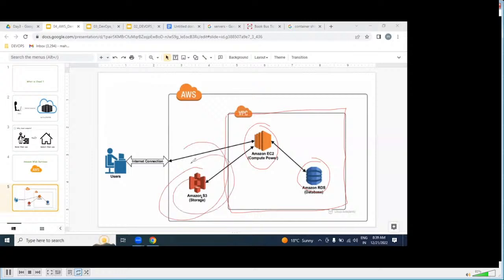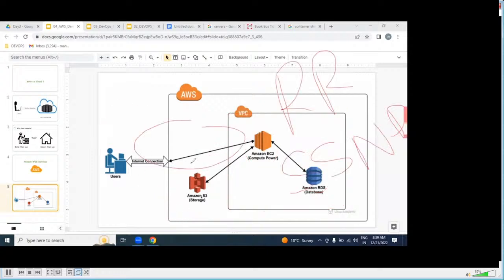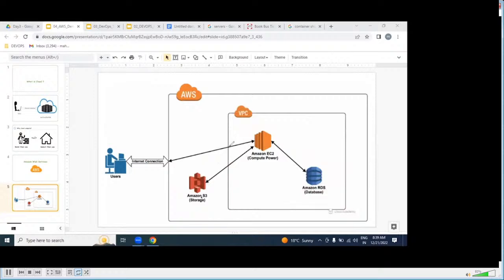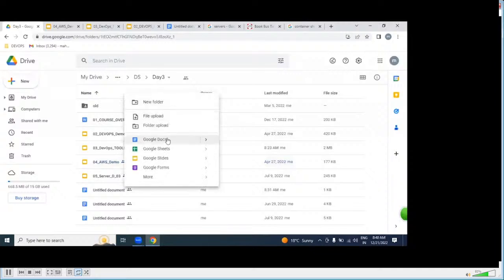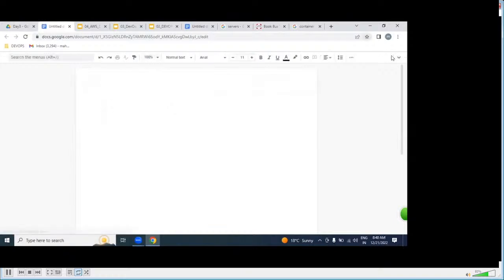On S3. With the help of these resources, can we deploy our application very easily or not? Shall I repeat this diagram one more time for our understanding? Let me draw this one more time.